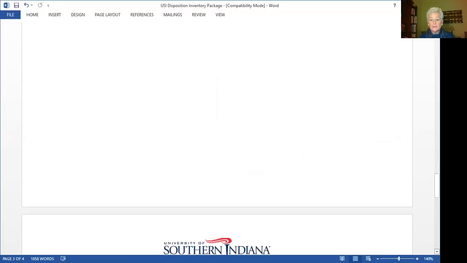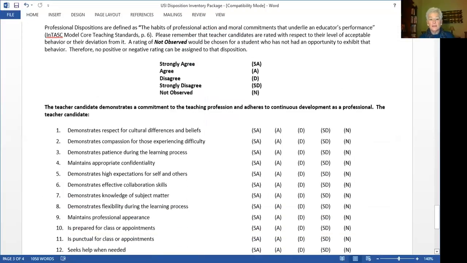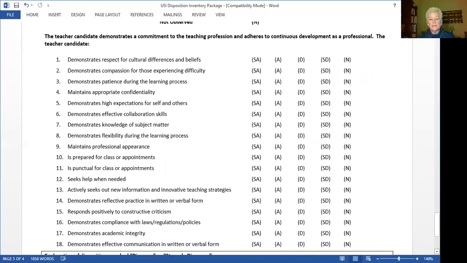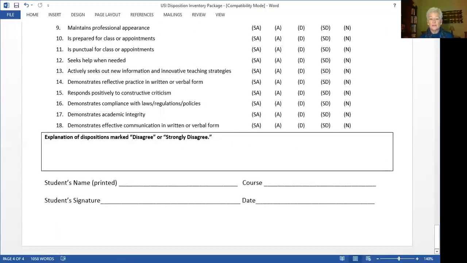So you've heard me speak about the dispositions, and on this page you see actually the 18 dispositions that will be assessed. And I'm not going to read them all to you, but I do encourage you to look at each of those dispositions seriously and to be prepared to take the self-assessment. And I really want you to try to do this in an honest way, so that you know how you need to grow, how you need to develop, or maybe where you really are now in a very good and positive place as far as professional dispositions.